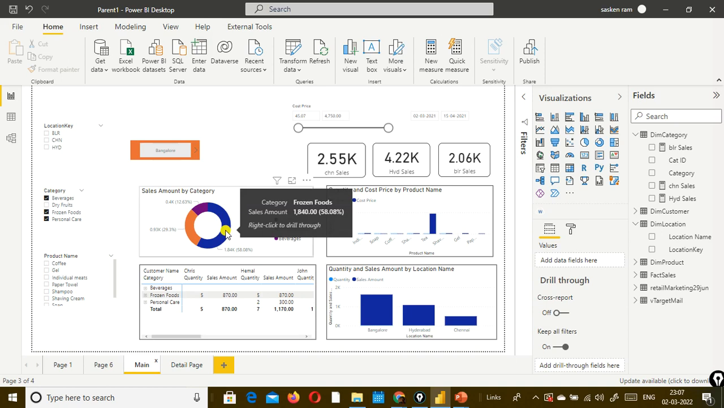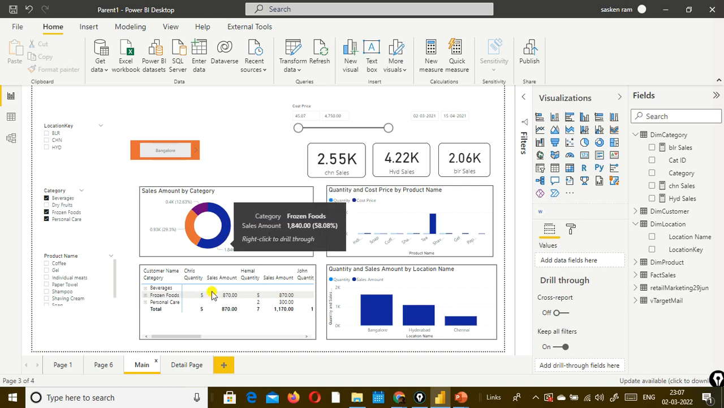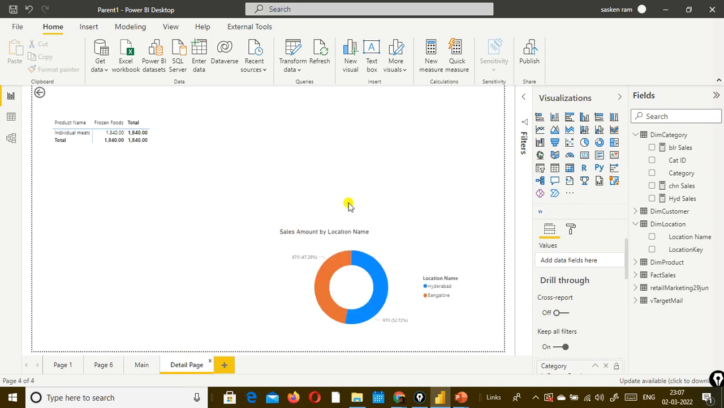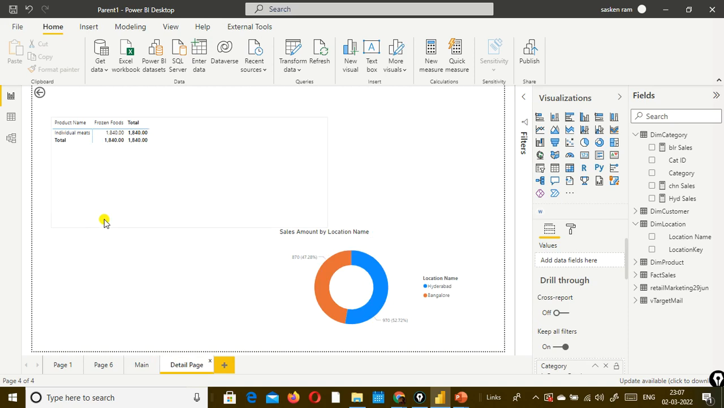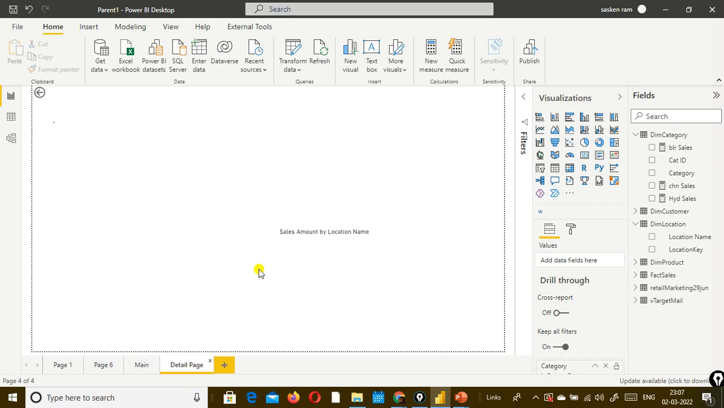If you want to see the breakup of that, we will have to create another page, a detail page. You cannot keep the detail along with the summary, because if you keep the detail along with the summary, it requires more space. So we keep a separate page, wherein we show the detailed information about each category related sales. In the detail page, what we do is we just